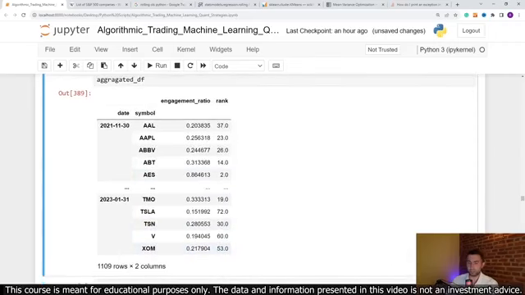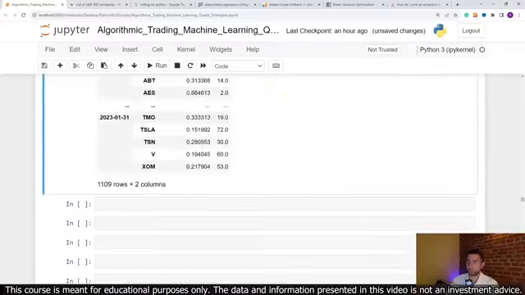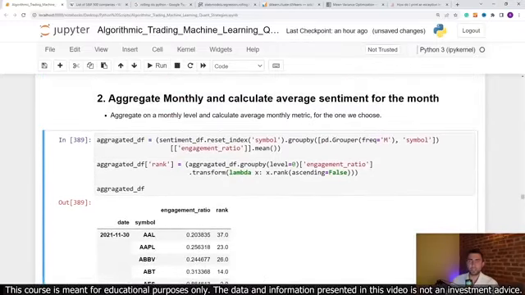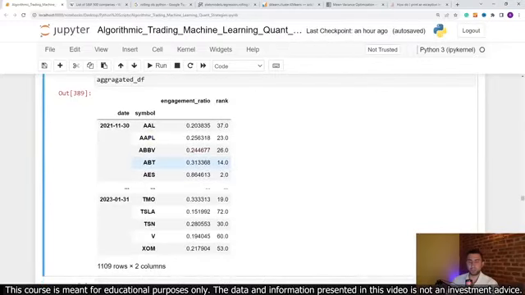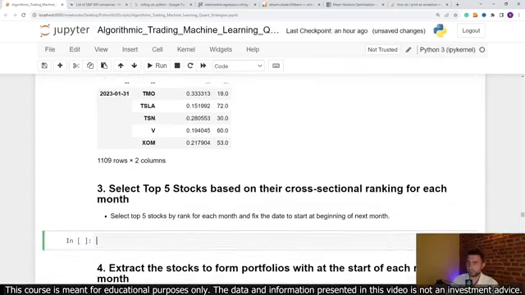And we can obviously see that already. So now we want to pretty much select for each month the top 5 stocks based on this rank and grab them, similarly to what we did in the previous project. Grab the start date and the stocks that we want to include in the next month, and then calculate the returns, but this time in an equally weighted fashion. So let's do that. I'll cut those cells and